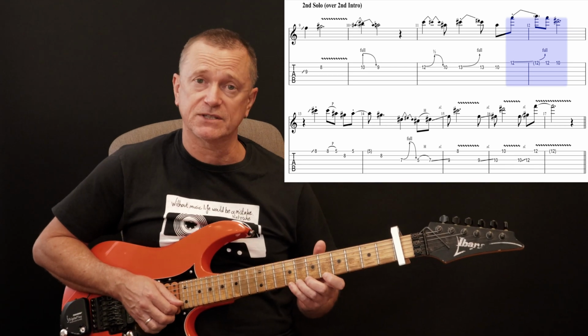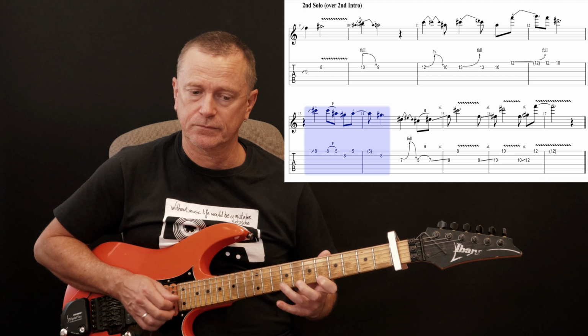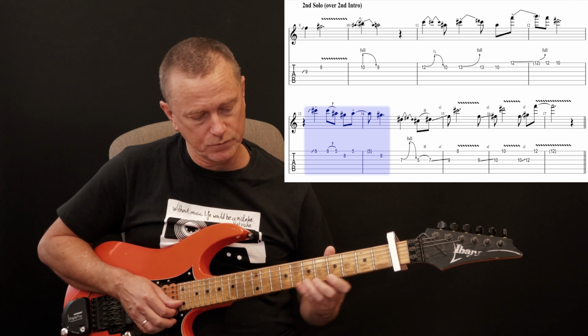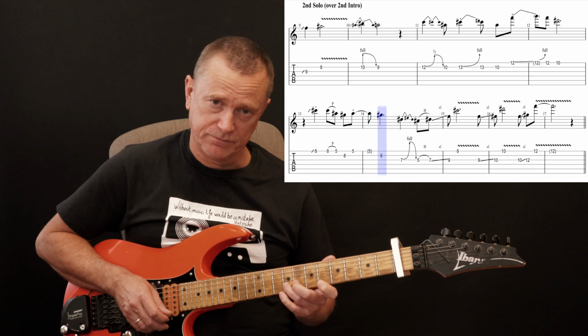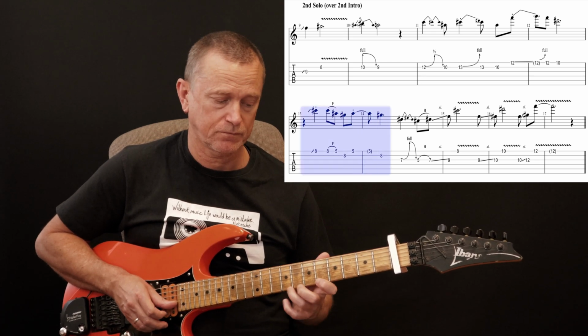Then the next little bit is sliding up to the 8 on the E string. And you go 8, 5, 8 on the B string, 5 on the E string, back to 8 on the B string. So